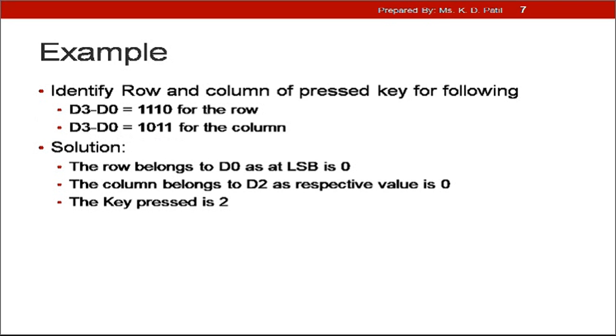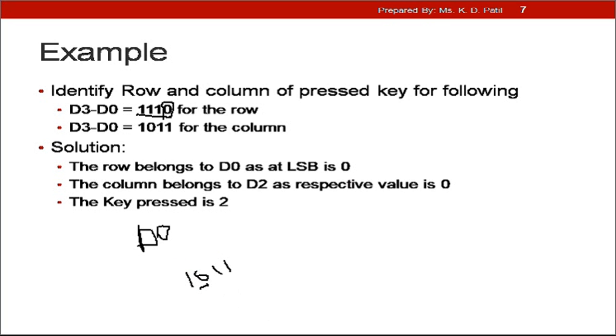The row value 1110 indicates that the key belongs to the D0 row, as the least significant bit of that value is 0. And if you observe the column value 1011, that indicates that the column is D2 because the respective bit of that column is 0.